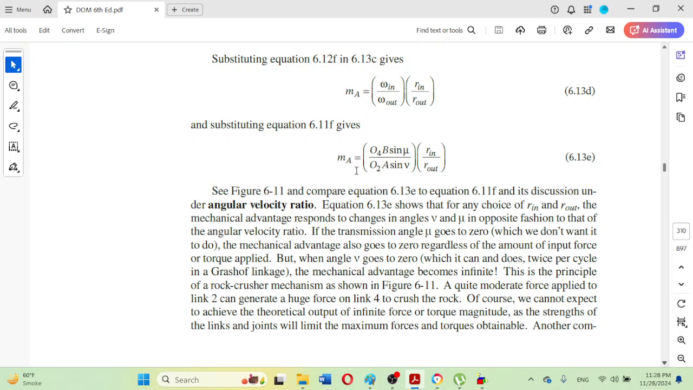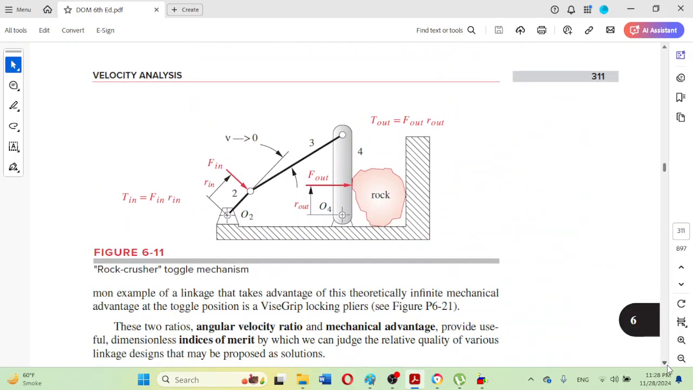But in the case of angular velocity ratio, when V was 0, then the angular velocity ratio was actually 0. So that means here it says that when the transition angle goes to 0, which we don't want it to do, the mechanical advantage also goes to infinity here. But when the angle V goes to 0, which it can and does twice per cycle in a Grashof linkage, so that means actually here